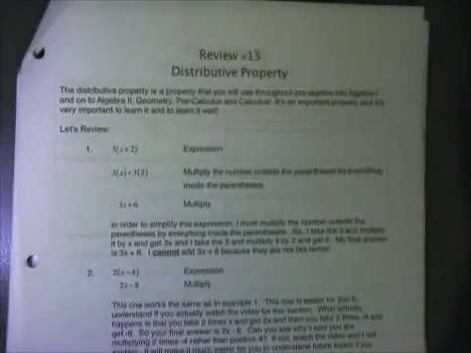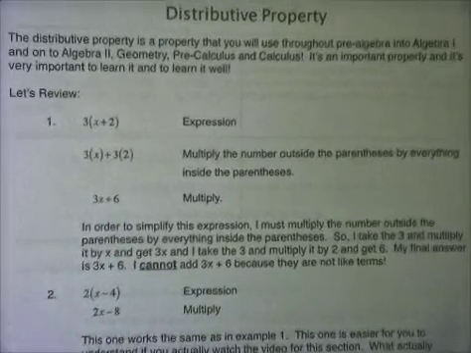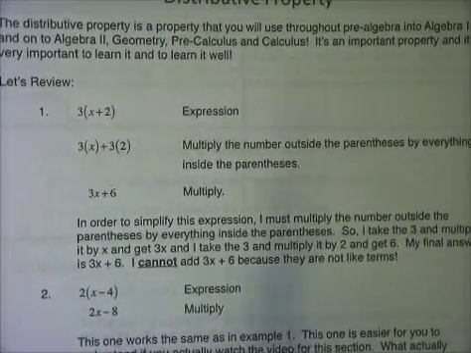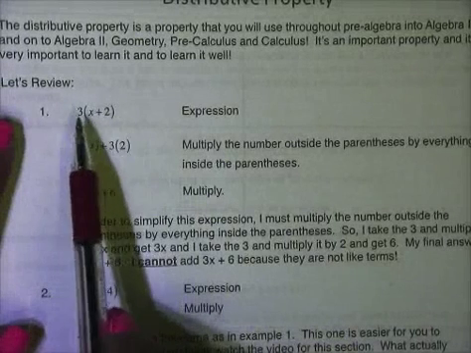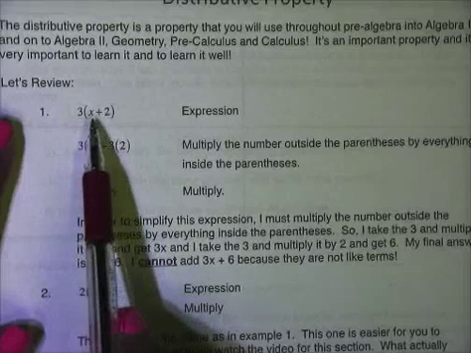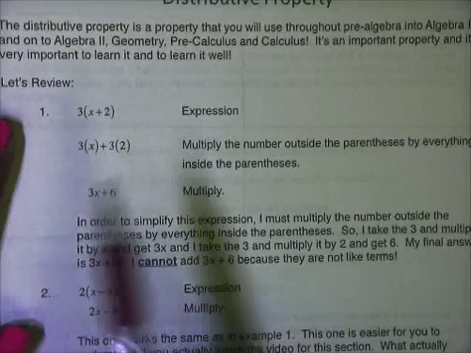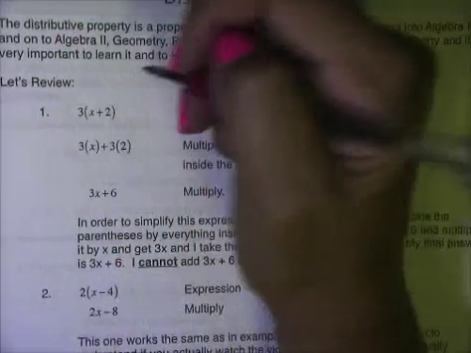So if you pay attention to the video and ask me for help if you need it, this should be very simple for you. So what we're going to do, we have 3 times the quantity, the parentheses mean quantity, all right, x plus 2, or 3 times the sum of x plus 2, which would also mean it's in parentheses. So what we're going to do is we're going to take the number outside the parentheses, which is 3,